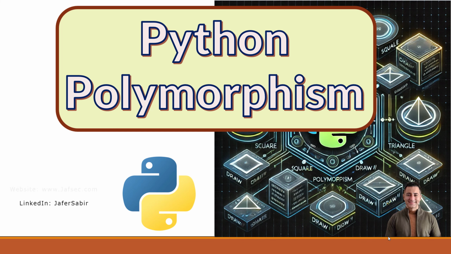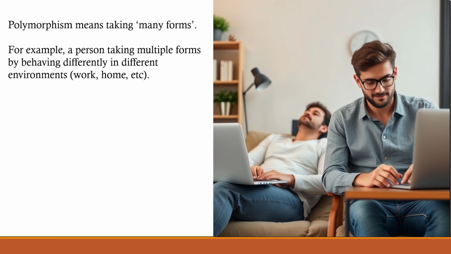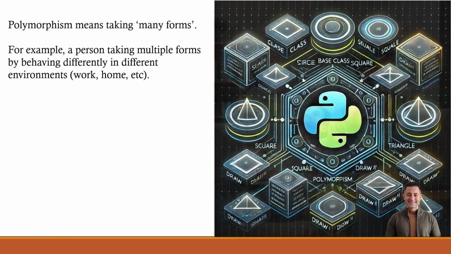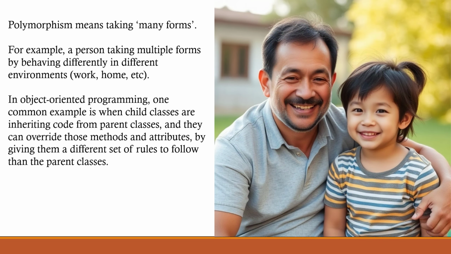Next, we will take a look at polymorphism. Polymorphism means many forms, or something that can take many forms. For example, a person taking multiple forms by behaving differently in different environments, such as how you behave at work versus home. And in object-oriented programming, one of the common references is it usually refers to child classes that are